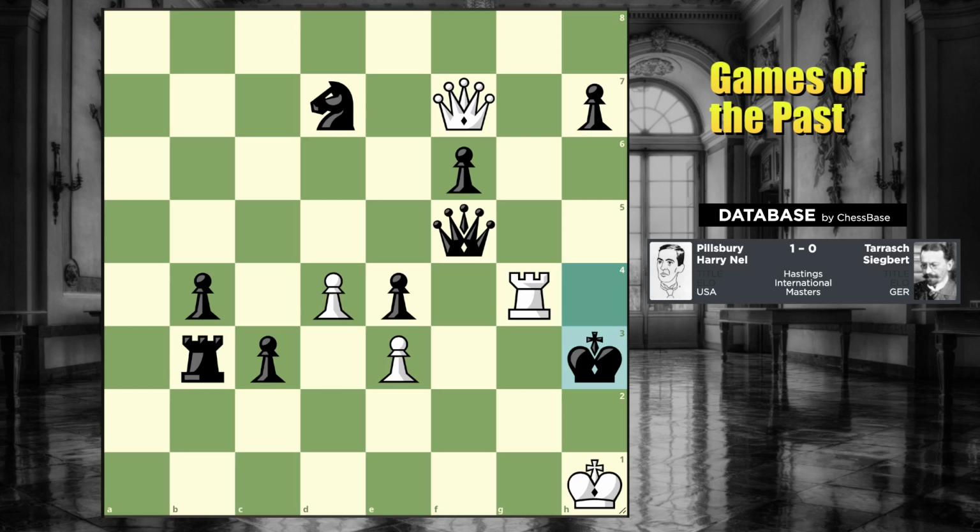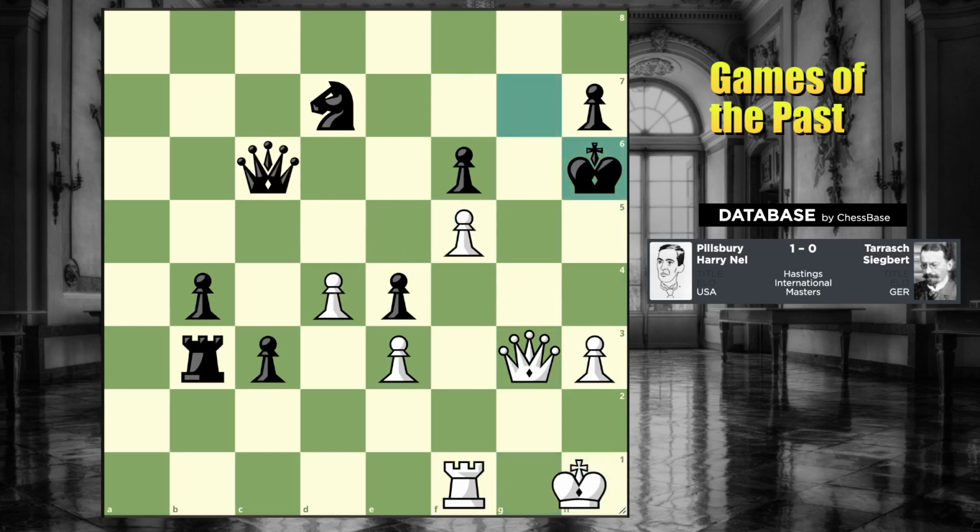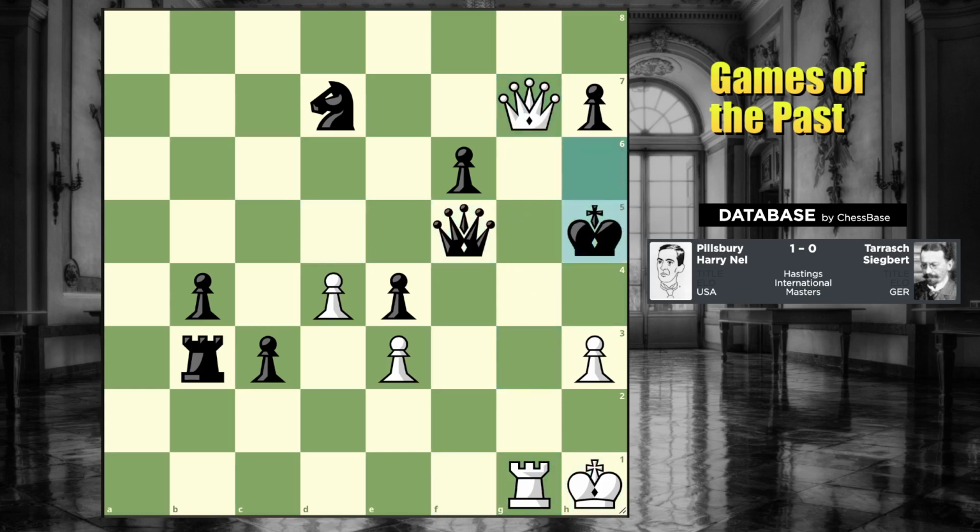Black still doesn't have mate. Okay. I don't want to go into the weeds too far, but I think we kind of see some of the issues here. So let's see what Pillsbury did. You are pretty much near the end, I can tell. All right, so he goes